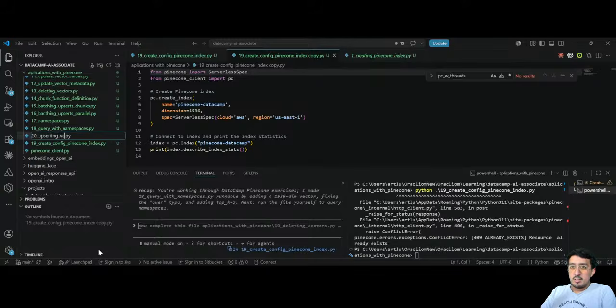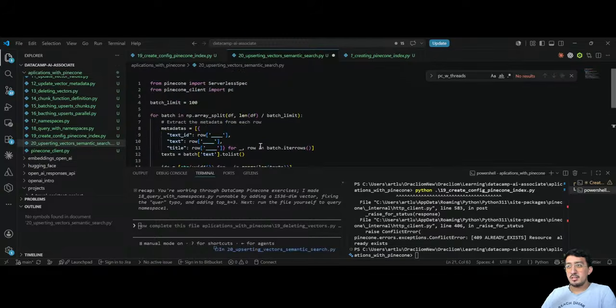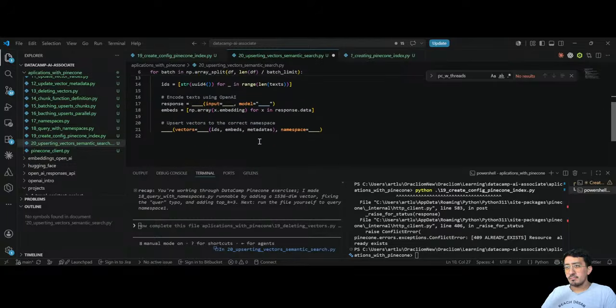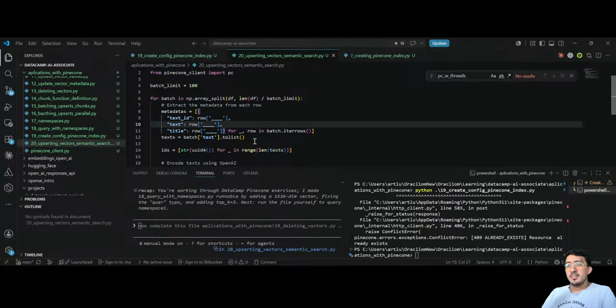So upserting vectors, semantic search, and here is going to be batch limit. And here I'm going to do this. And in here, what I'm going to do, first I'm gonna save, then